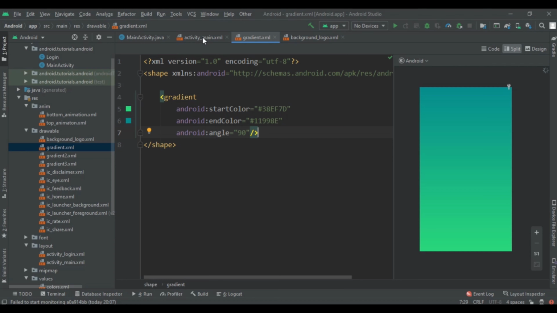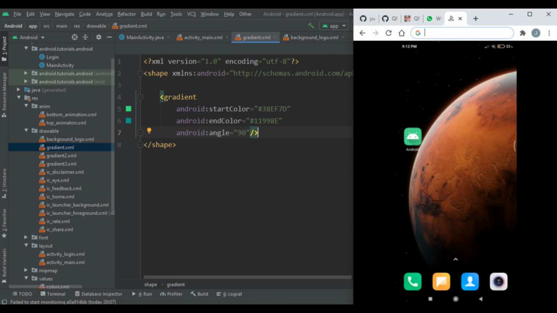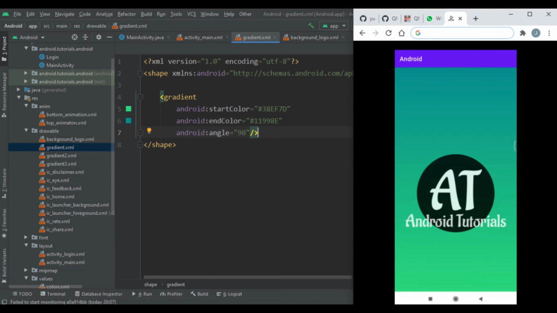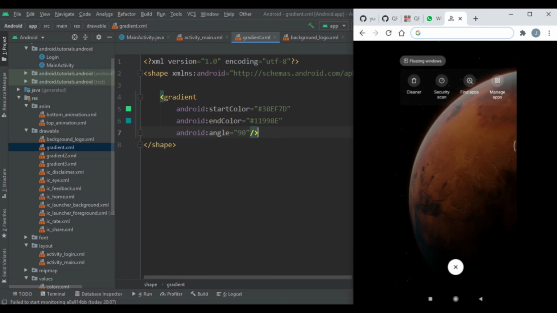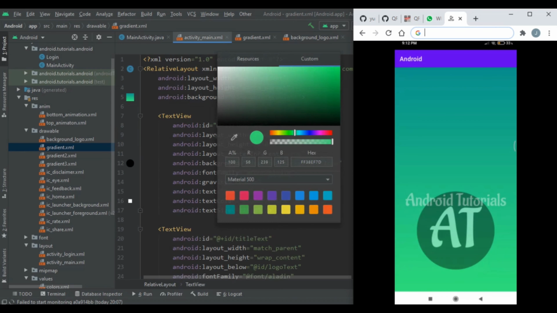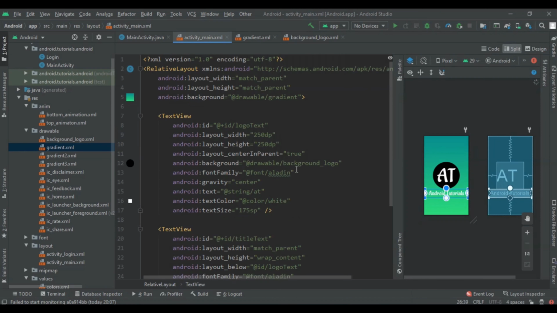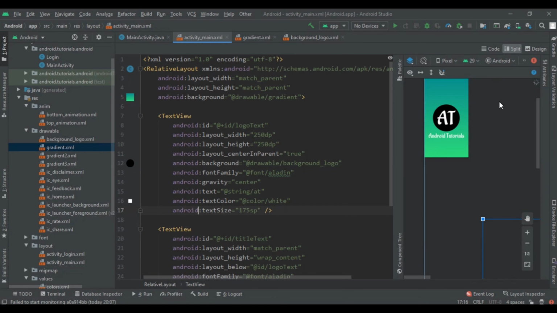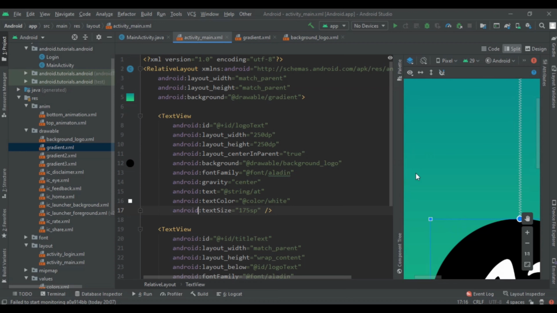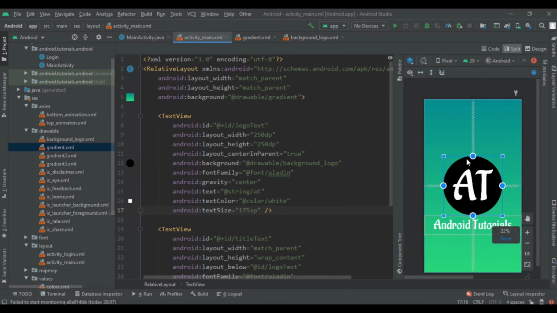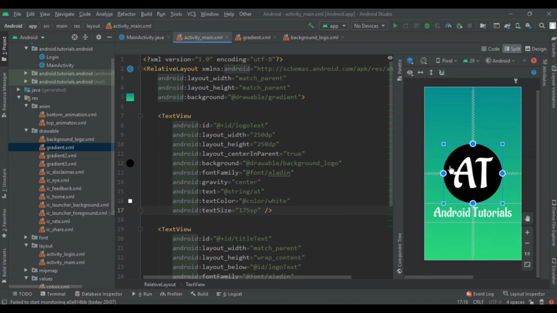So now here we are going to start our design part. So you can see that here is our Android tutorial logo with black circle, and after we have Android tutorials, the channel name. So here we are going to start designing. So here is our main design. You can see that. So let me adjust the design so that you can see it easily. So here is our design. So first we are going to write the background for our logo.